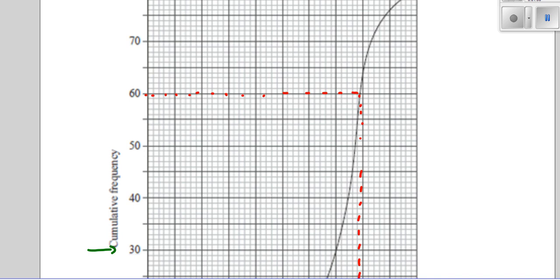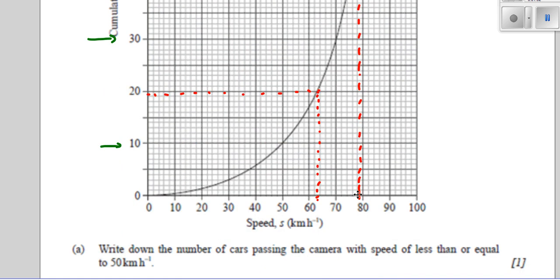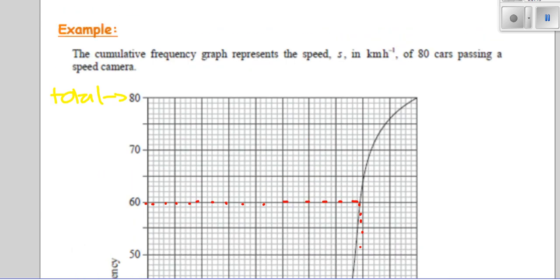And showing your dot, dot, dot lines is really important. Make sure to do that in your topic assignment, to show your dot, dot, dot lines, because that's considered method mark. And 1/4 of the total in this case was 20, so read across and down. The biggest errors, as I keep going on about, is when maybe the graph actually finished here instead, but people think the total was 80. So it's wherever the graph finished that your total is, and then you read halfway down from there and across